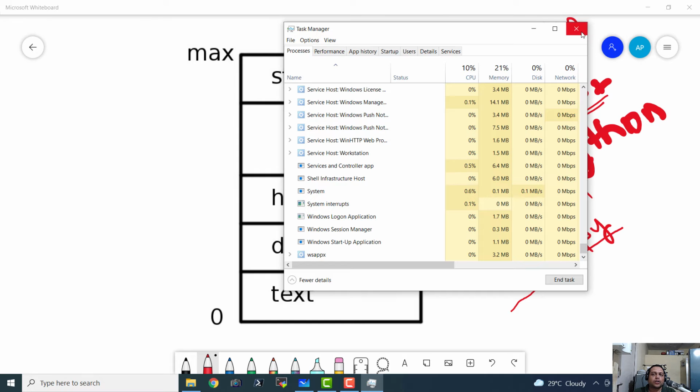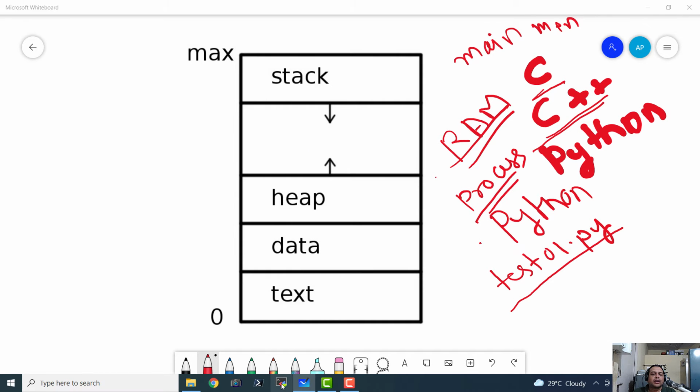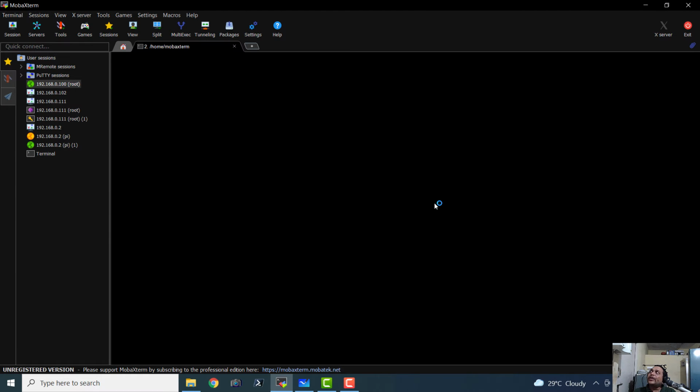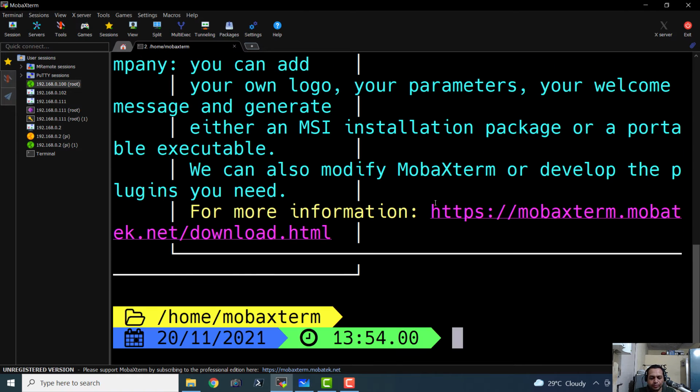Now let me go ahead and close this, and we can find similar stuff in Unix-like operating systems too. Let me open a console for a Unix-like operating system, FreeBSD. Or we can even log into my Raspberry Pi, which is currently running Raspberry Pi operating system, which is a derivative of the Debian Linux distribution.